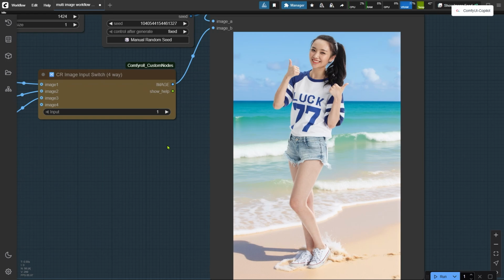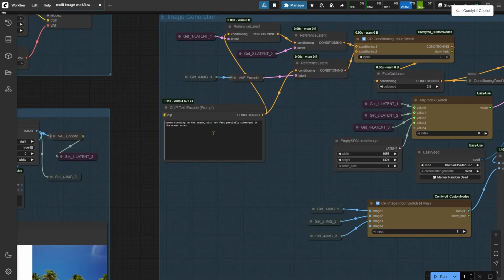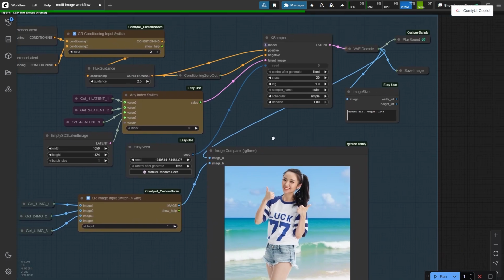Not ideal. The beach doesn't match my uploaded beach image, and her feet are still dry. So, sometimes shorter prompts can fail to produce the results you want. For precise control, detailed prompts are key. Switching back to my original prompt and resetting the workflow,